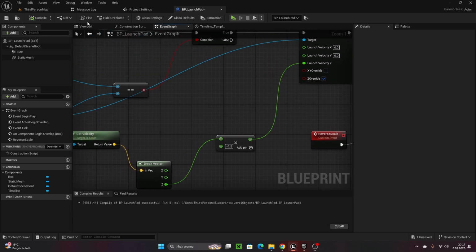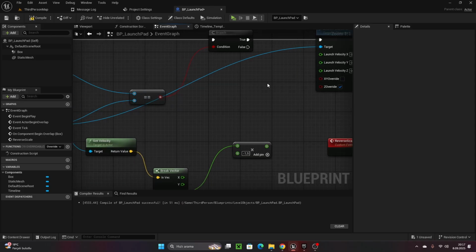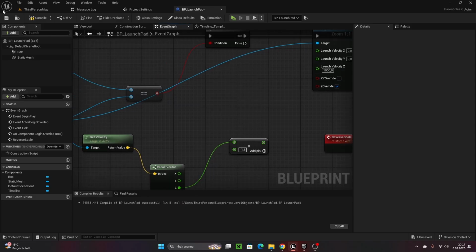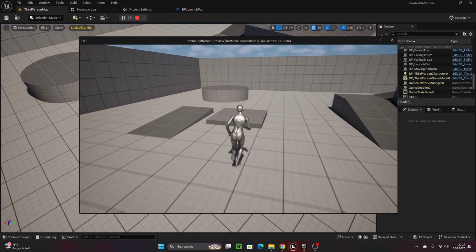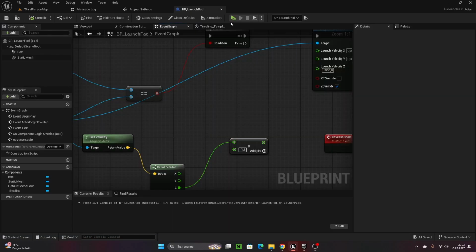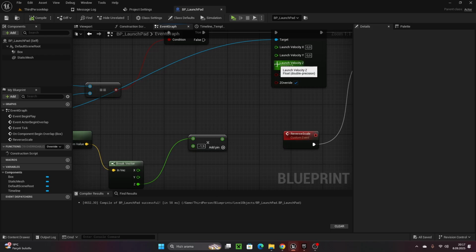But if you don't want to set it as a trampoline, you can just break this velocity z and set whatever you want. Also,